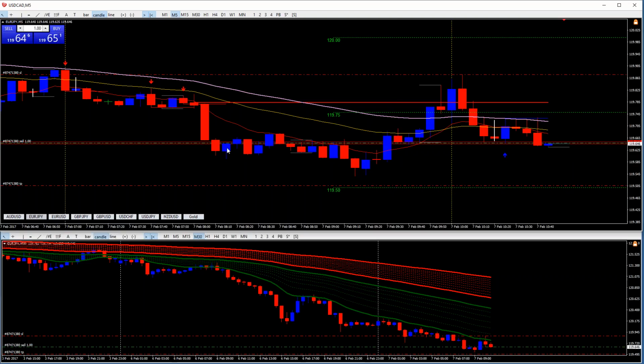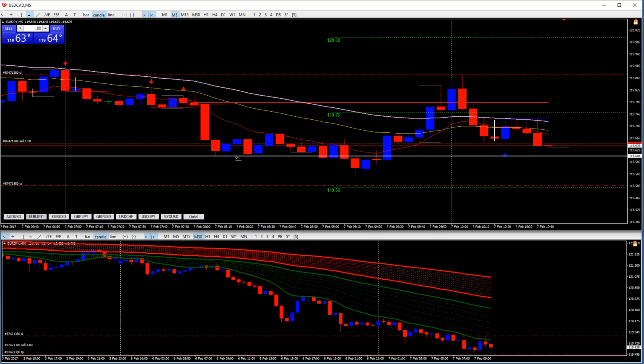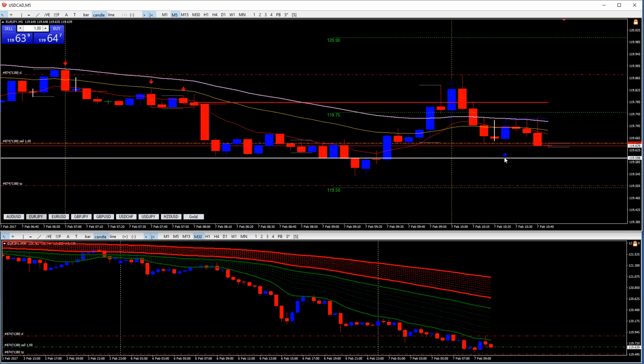I've had a lot of candles come down to the stop here, so I have an automatic take profit set, but I'll keep an eye on it